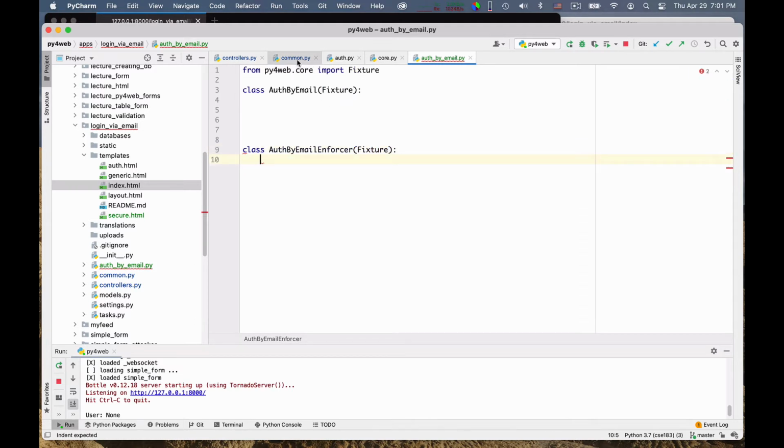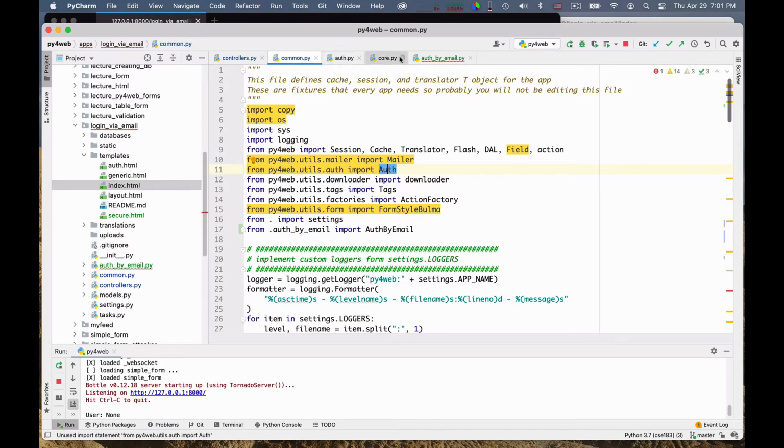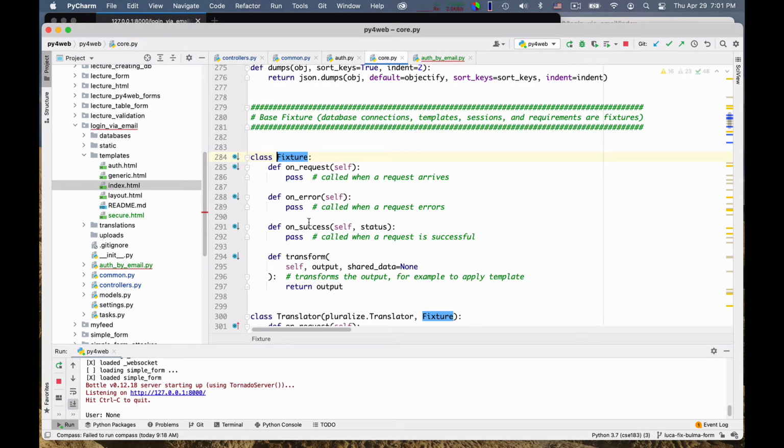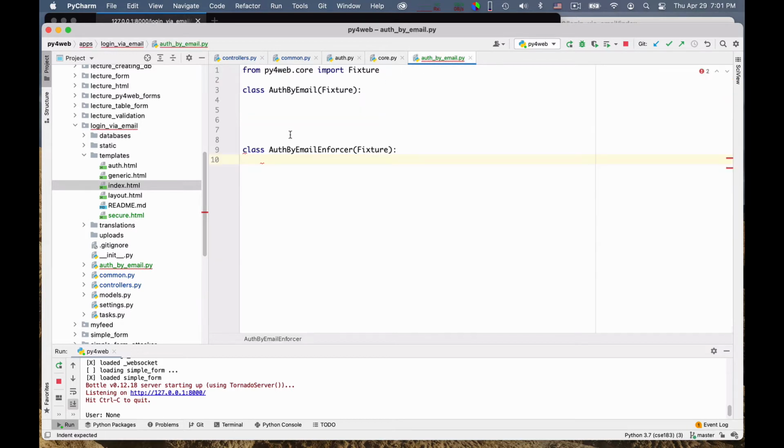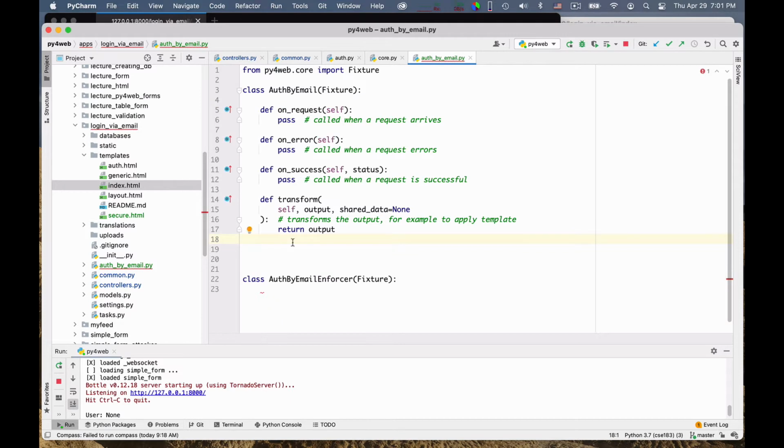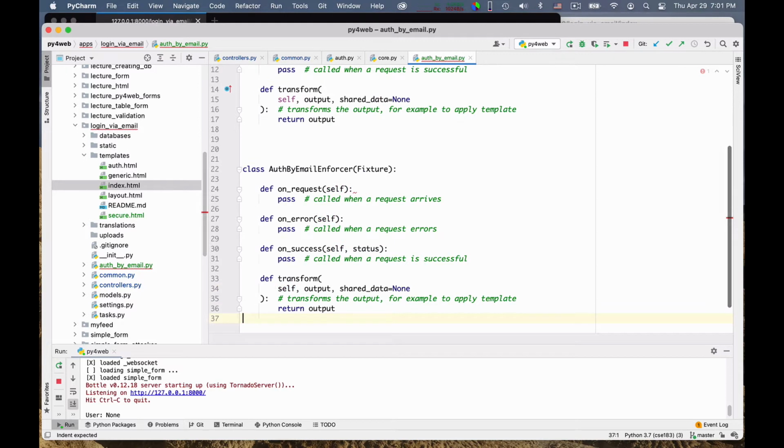Well, let's look at the definition. A fixture is something that has these methods. Let me copy them, it's very convenient. Okay, so I can decide what to do with them. I can copy them here, and I can copy them here.